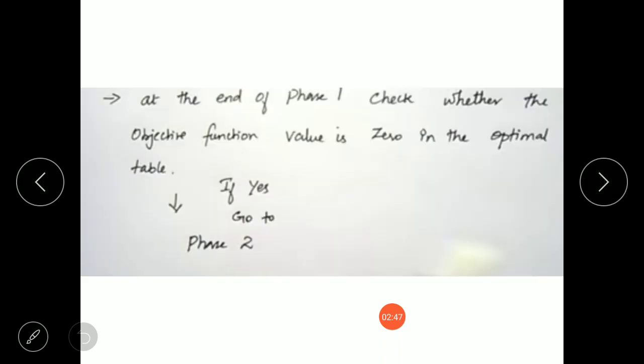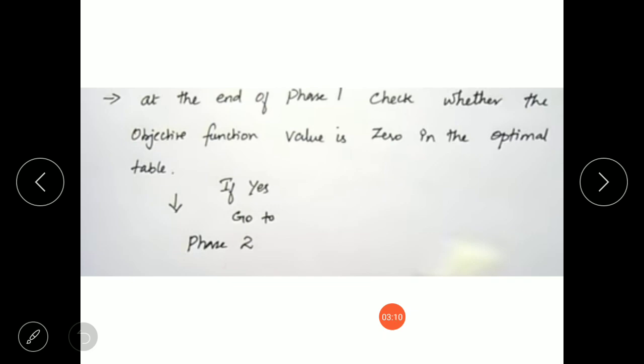At the end of phase 1, we'll check whether the objective function value is 0 in the optimal table or not. If it is 0, then we'll proceed to phase 2. If it is not 0, then we conclude that the linear programming problem has no feasible solution. So these were the features of the two-phase method.